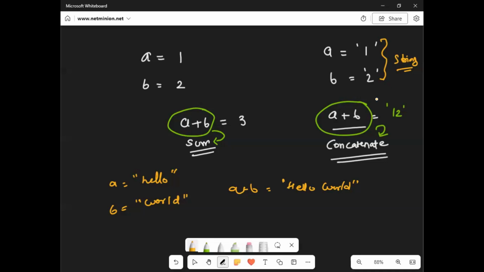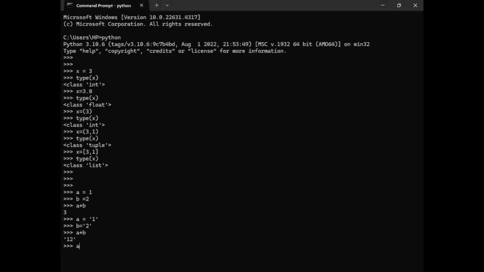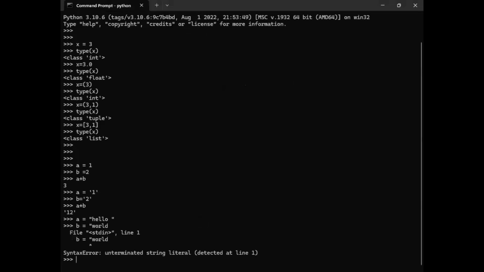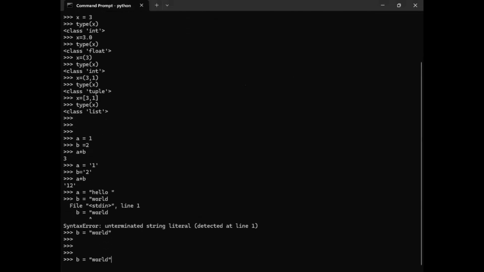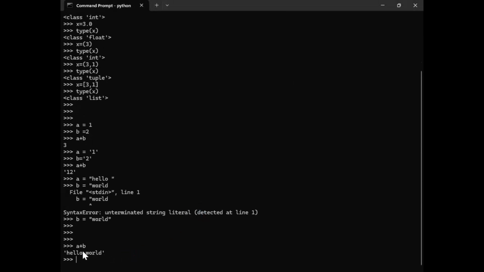I hope you are getting this point. Any question? In the hello and world, there won't be any space, right? No, they are strings only. Let us say if I am saying A is hello with a space, then B is world. And sorry, I didn't close that. So it can be a single quote, it can be a double quote. And if I'm doing A plus B, you can see hello world.